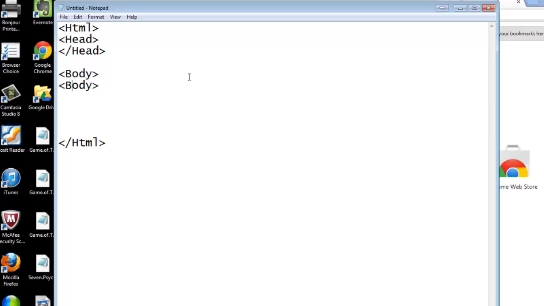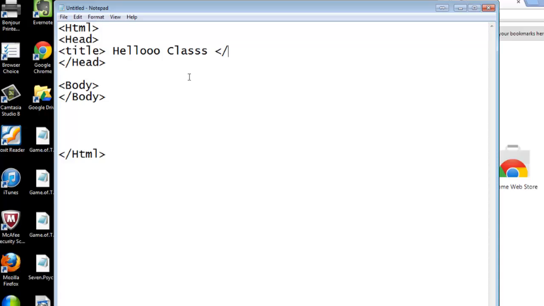In the header section usually you will have something called title. Write whatever you want, /title. In the body section you will have all the other different tags, like h1 is header 1, hello class, and we should close h1.